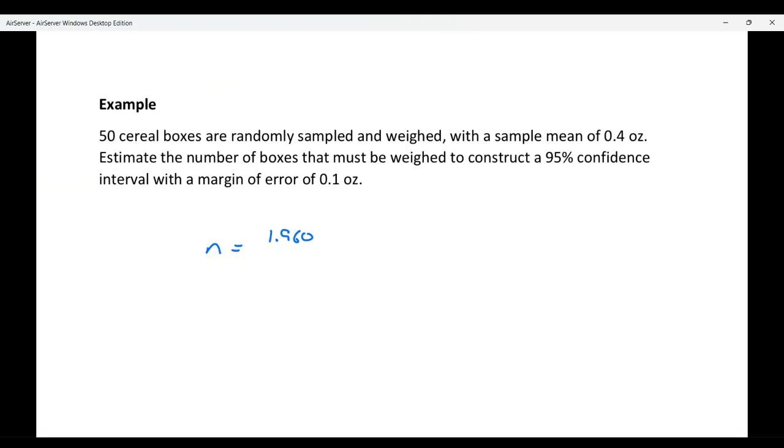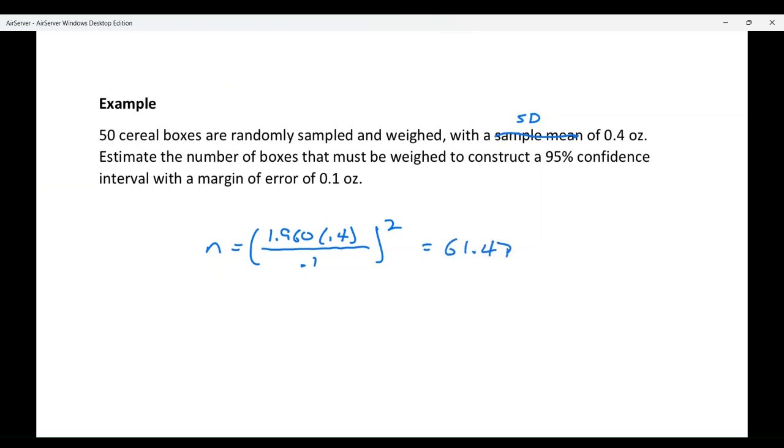I'm sorry, this is not a sample mean. This should be the standard deviation. My bad. I really apologize for that. That should be a standard deviation of 0.4. And then divided by the margin of error 0.1, and we square that entire quantity. Okay? And so what that ends up giving us then is